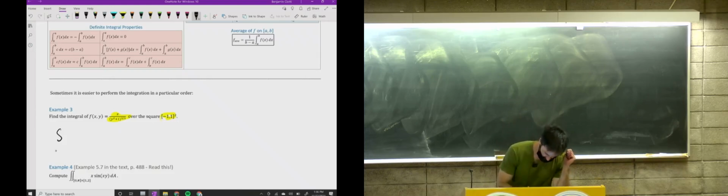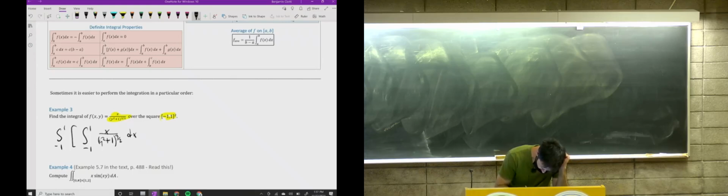Which one should I put on the inside? Yeah, let's do x first. That looks way easier. So doing the x integral first, the y squared plus 1 to the 3/2 is like a constant. We can actually pull it out in front. It's like some constant factor. So it's actually